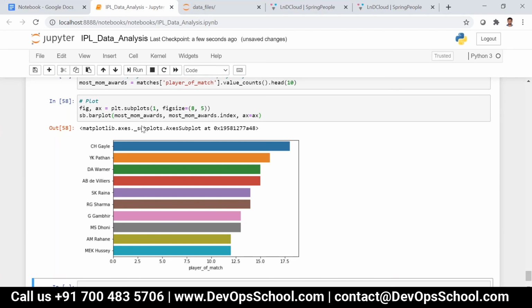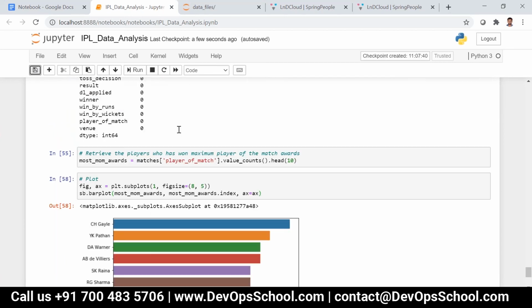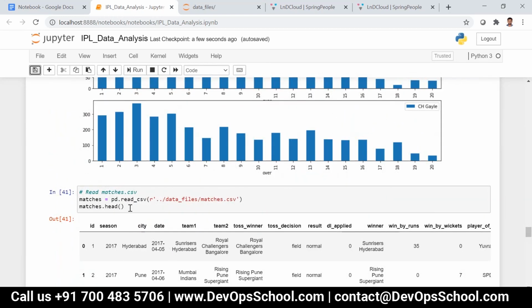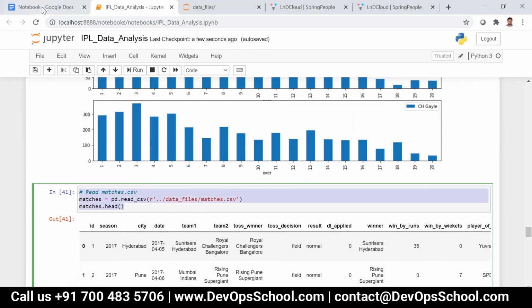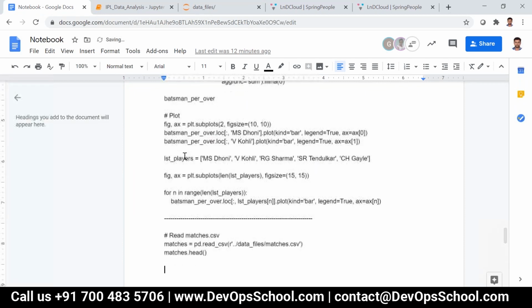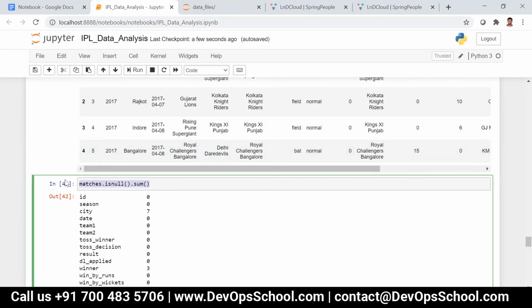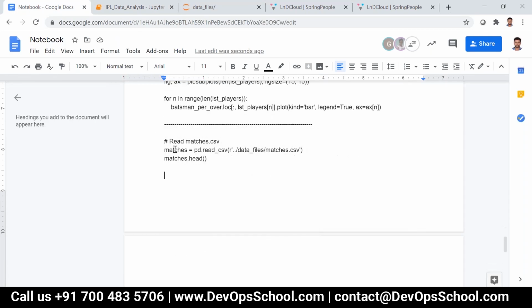So guys, clear? Any doubts with this? Okay. The thing is, further, you can do a lot of things, like you can combine these two CSV files.